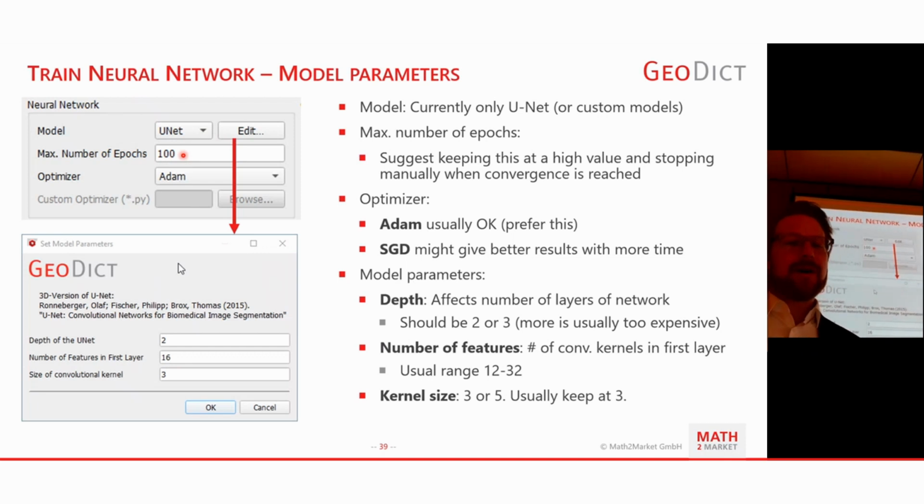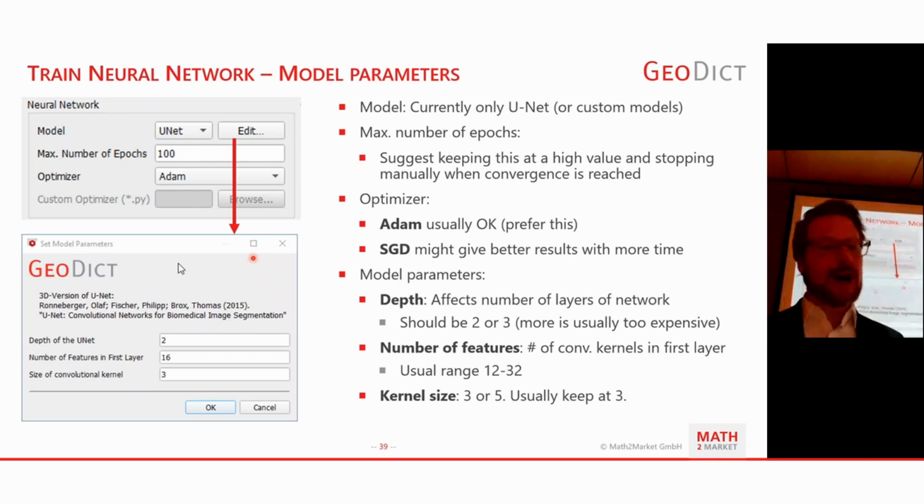And at this point in time, I would suggest always putting a large number here. 100 is often large enough. You can put 1000 to be safe. And this is the number of epochs that it will run the training for before it automatically stops. We suggest putting this at a large number, starting the training, and as I will show you later, just observing the training process. And if it's obviously converging, then you can stop manually. So I wouldn't worry too much about this max number of epochs. Just put a high number in right now.